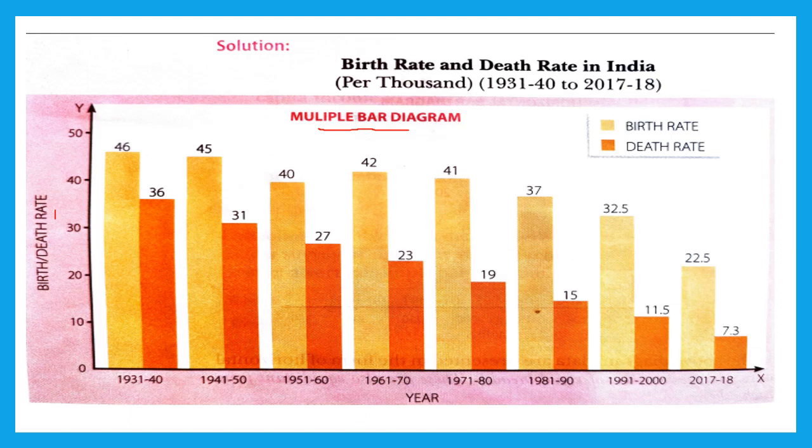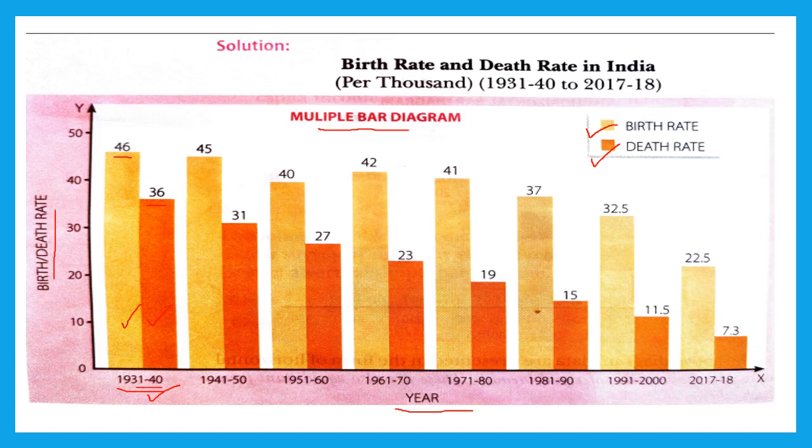On y-axis birth and death rate is taken, on x-axis year is taken. Okay, so first year was 1931 to 40. Okay, this yellow color rectangles or bars show birth rate and orange color bars show death rate. So in the first year, that is 1931 to 40, between this time period, our birth rate was 46 and death rate was 36. So these two bars are showing the comparison between birth rate and death rate during the time period 1931 to